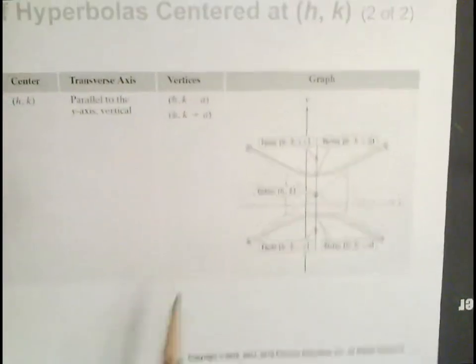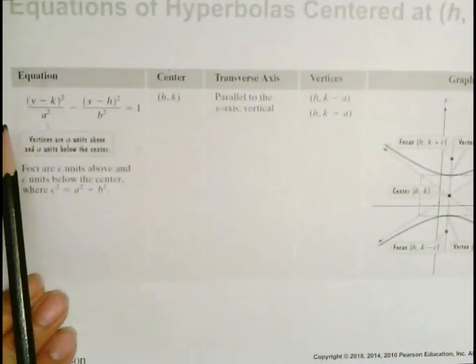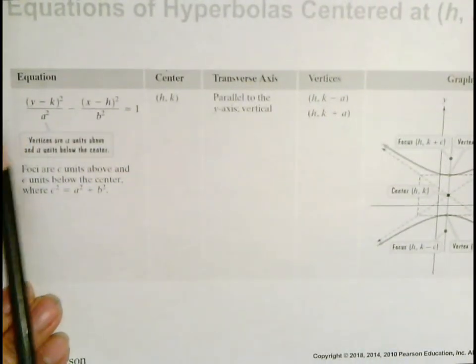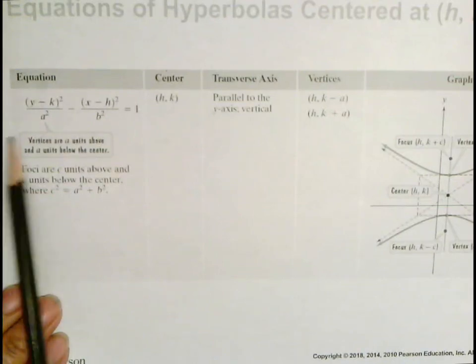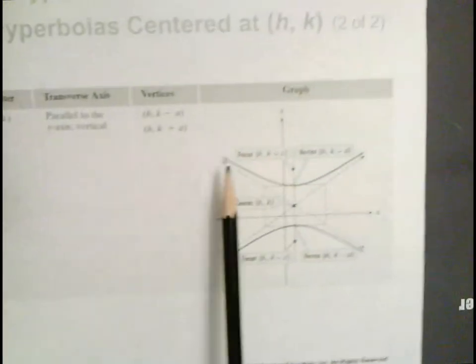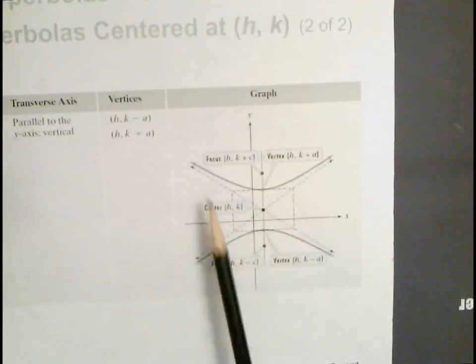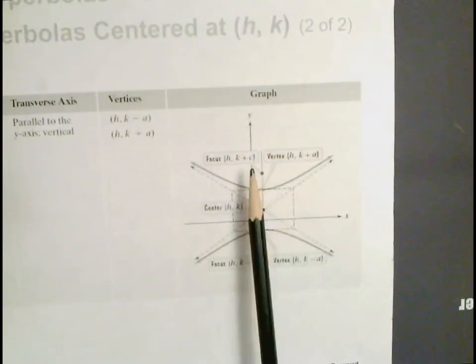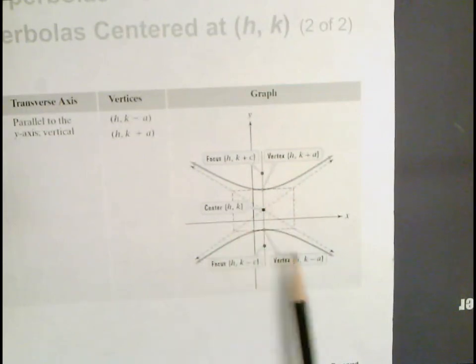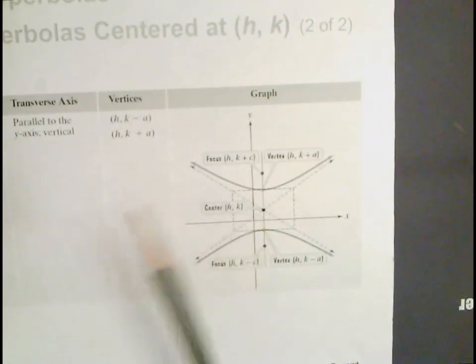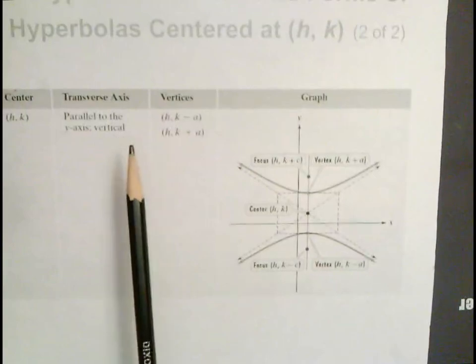And here is a sketch of the general equation. You see where the y term is positive, which means it's going to have a vertical transverse axis. And over here you see the little dashed rectangle, the asymptotes that are all dashed, and you see how we have the branches opening up and down when we have a vertical transverse axis. Okay. Now we're going to sketch this particular